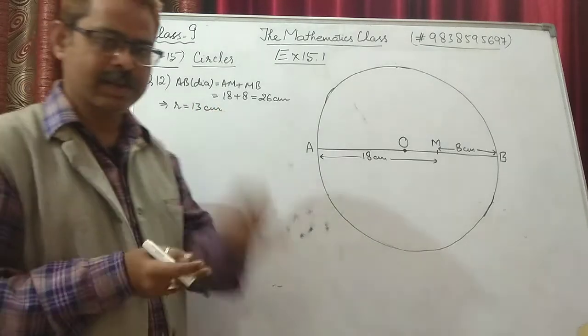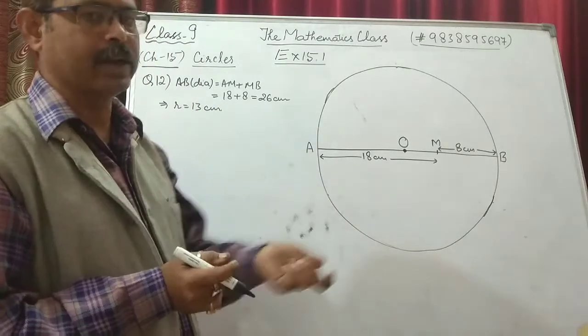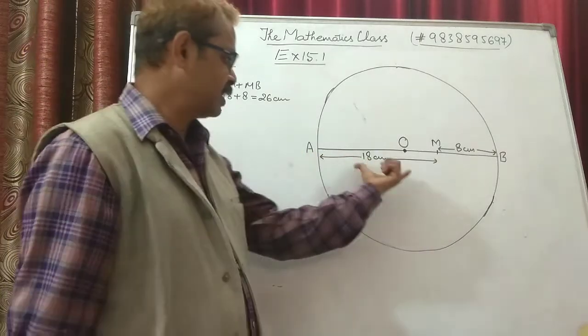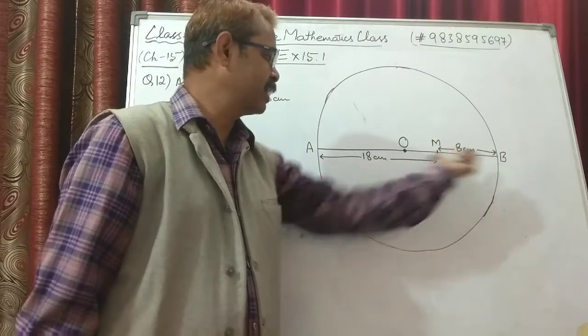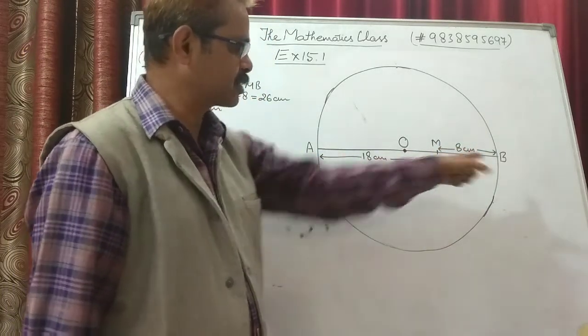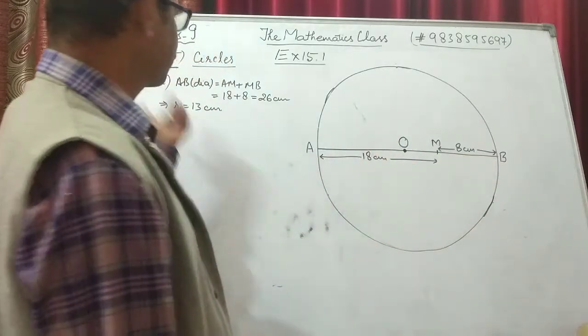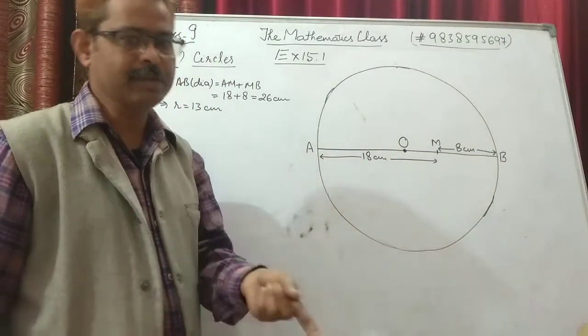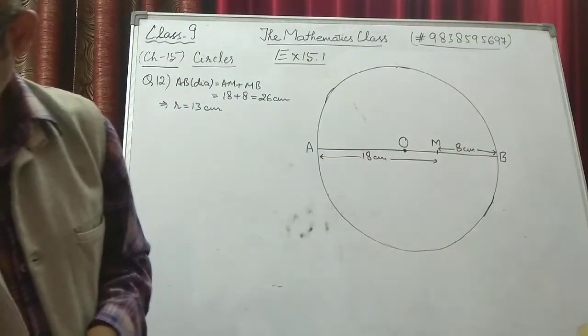It means the radius is given but it is hidden. You have to find out the radius, because they say AM is 18 and MB is 8, so the total makes out to be 26. 26 is the diameter, so the radius will be half, that is 13. So one thing was hidden, but you have to find it out. Now next they say